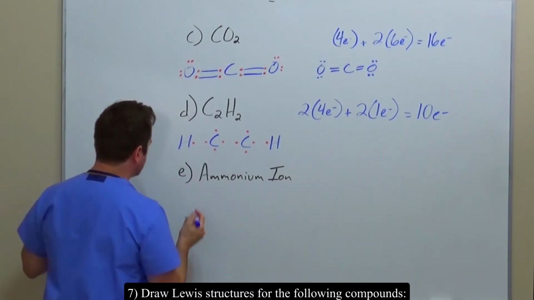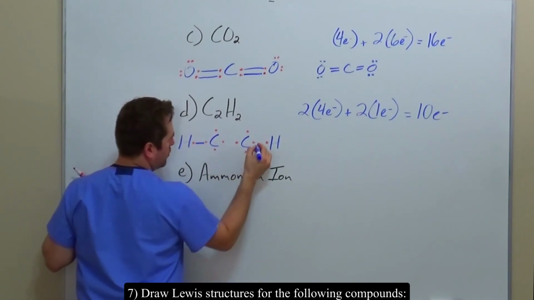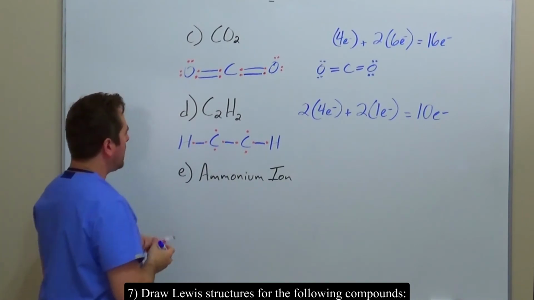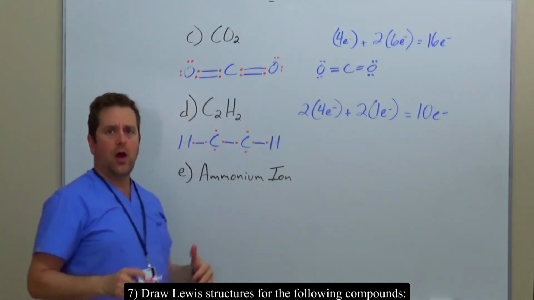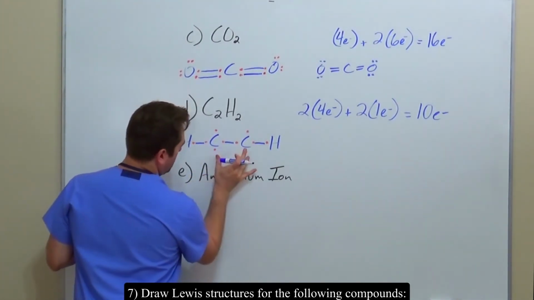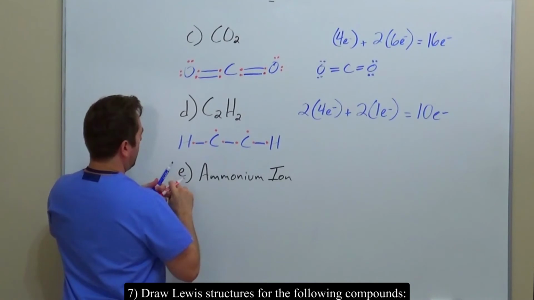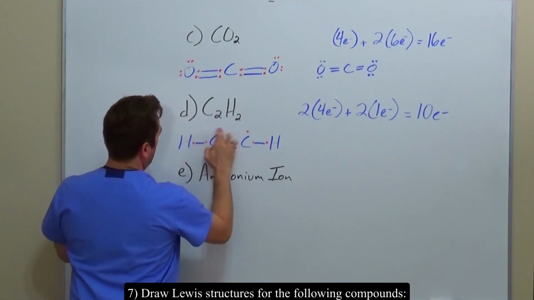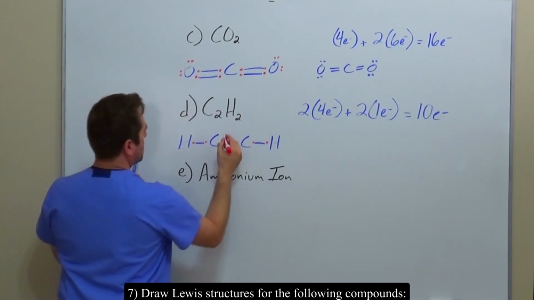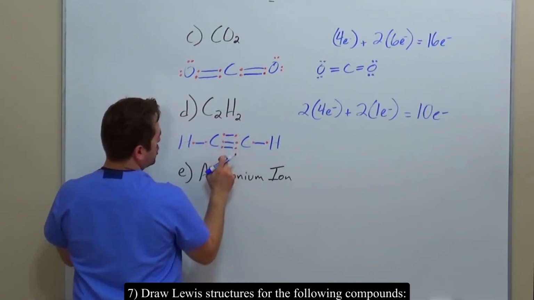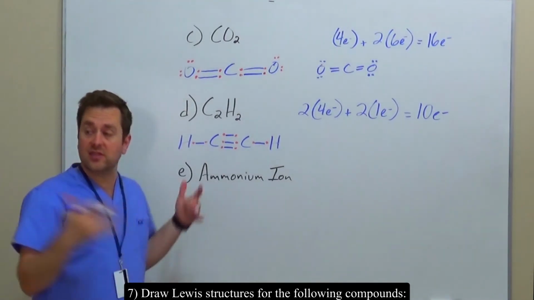Okay, let's create some bonds. I'll do the hydrogens to carbons first. There's 1 bond. There's another bond. Let's do the center bond between the carbons. Now notice our carbons, they have unbonded electrons. Well, we need to create new bonds. So technically, these 2 electrons can come together and form a bond. And the same is true of these 2 singular electrons. So look at this. We have a molecule with a triple bond between the carbons, and this is exactly what